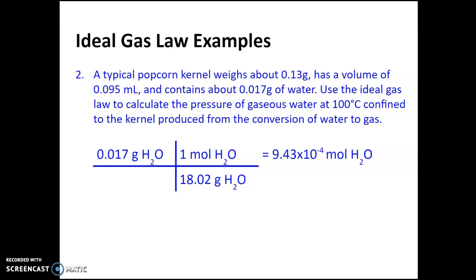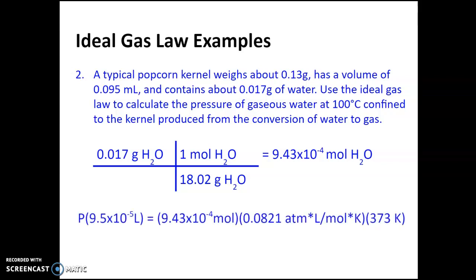Now I can pop that into the ideal gas law. So we're trying to find the pressure. I have the volume. It's given in milliliters, so I need to convert it to liters. So I just divide it by 1,000. So I have 9.5 times 10 to the negative 5 liters. That's equal to my moles of water, 9.43 times 10 to the negative 4 moles. And then I have my constant R, 0.0821 atmosphere liters per mole Kelvin. And then I'm multiplying by my temperature, 373 Kelvin,